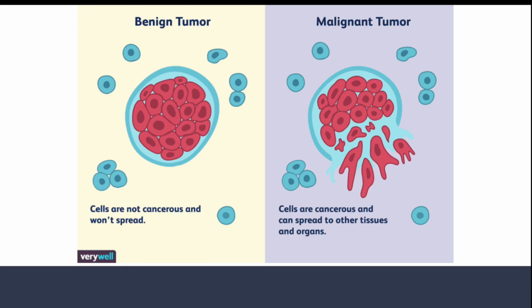This is what makes them so devastating. If the cells have the first property but not the second, they create a benign tumor. This is shown in the left side of the image. Benign tumors remain localized and can usually be removed by surgery. A tumor is malignant if it has the ability to take over other areas, like we see in the right